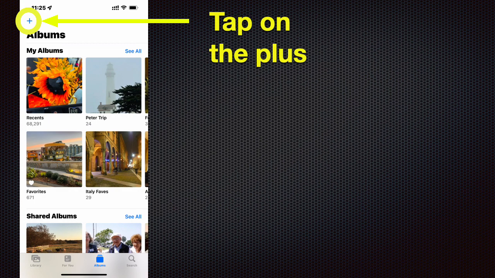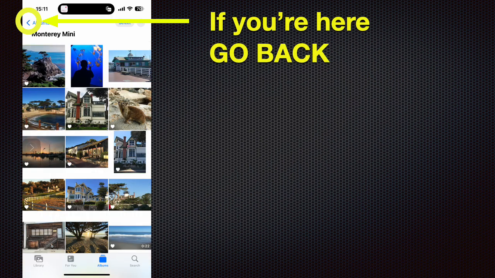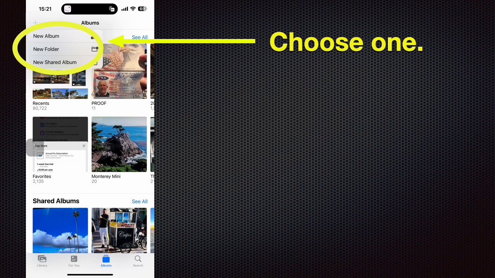So the plus sign, going back to that, tap on the plus, and then if you end up here after doing the plus, which is possible because it depends on where you were, you want to go back, and then that's going to put you into this spot where you'll see a choice of new album, new folder, or new shared album. This is a place that you'll come back to if you want to make a new album that you're not sharing,